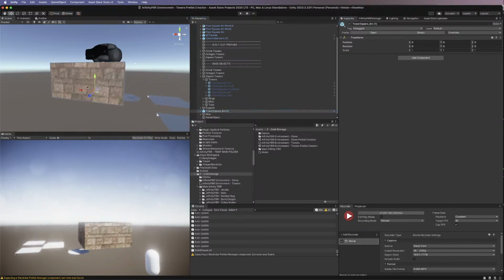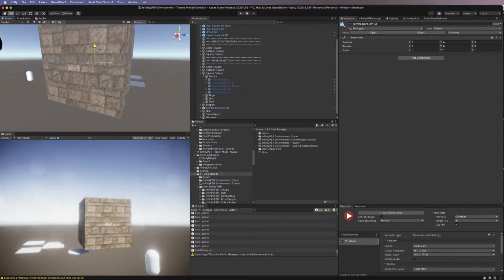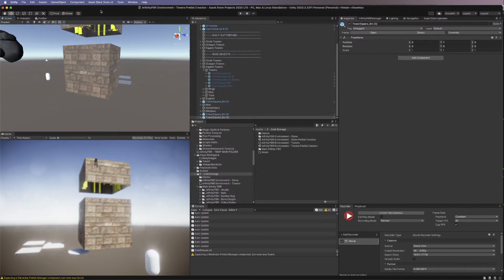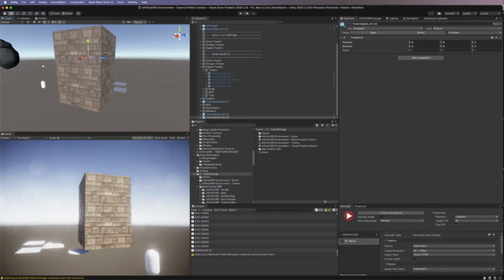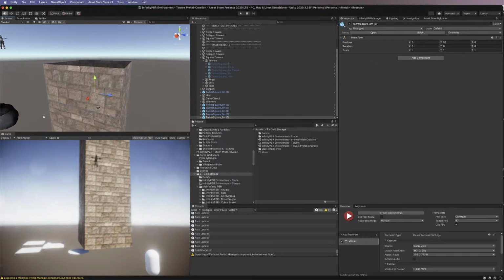Okay. So on this, you've got these, and they have the same shader as the cave. So as you move this around, you can put a standard shader on it, but you don't have to. So you can just kind of stack these up, and just make them taller and taller and taller, as tall as you want your tower to be. It's your tower. You do what you want with it. And then